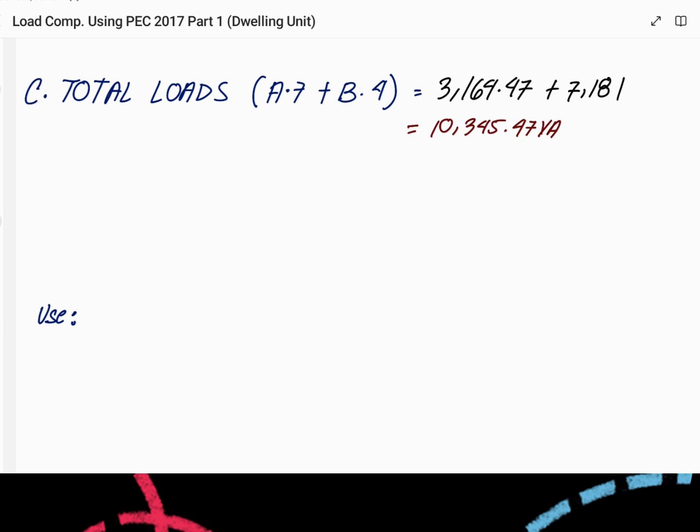Okay, now compute the total current of the system by dividing the total power to 230 volts. So we have total power over voltage. And that is equivalent to 44.98 amperes. Through the value of our total current, we can now choose the size of conductor by referring the table